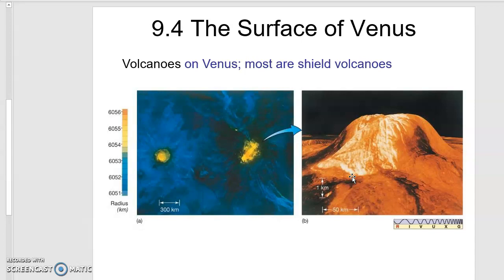Indications of lava flow. Now, one of the things I want to point out here, there are what are called shield volcanoes here, and they just have a different type. These look like the kinds you made in grade school, where lava would flow out and flow over, because I believe the name really comes from the lava coming out and flowing over this. It kind of makes a shield, an old Viking shield looking thing, and I think that's where the name comes from. I'm not really sure, but that's a good line.